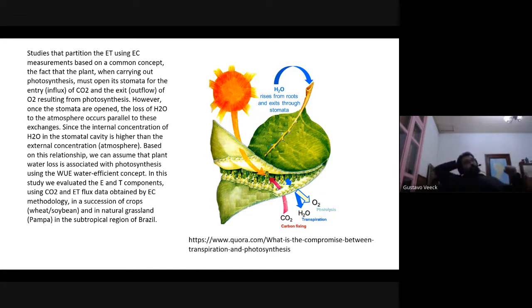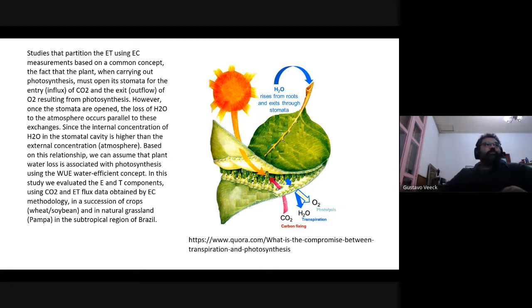However, once the stomata are open, the loss of water to the atmosphere occurs in parallel to this exchange, since the internal concentration of water in the stomatal cavity is higher than the external concentration. Based on this relationship, we can assume that plant water loss is associated with photosynthesis, and using the water use efficiency concept